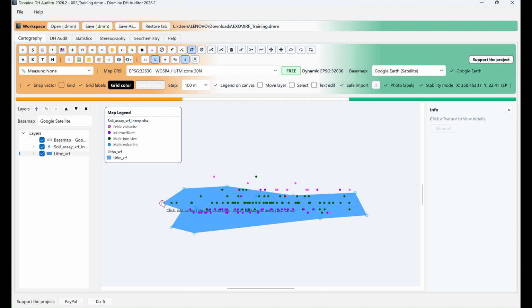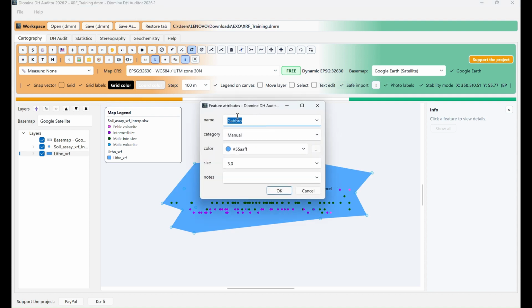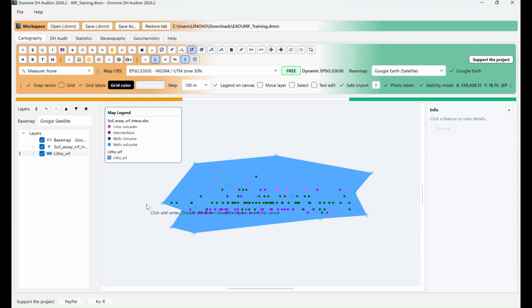Basic vulcanite. I'm gonna digitize basic vulcanite here. I'm gonna do it, call it basic vulcanites. Okay, vulcanites is good, and now